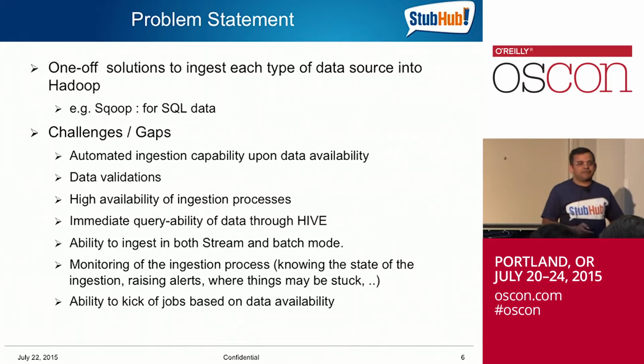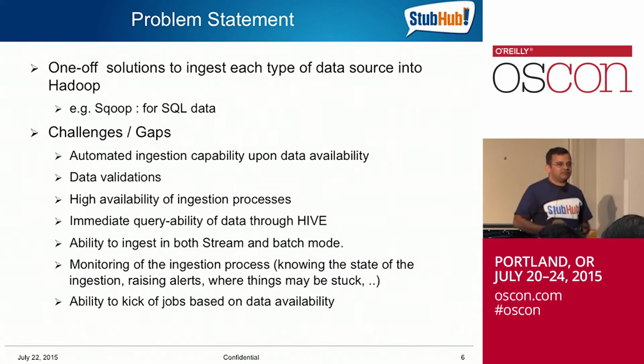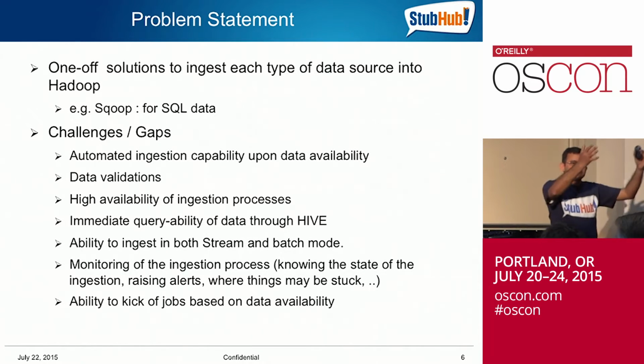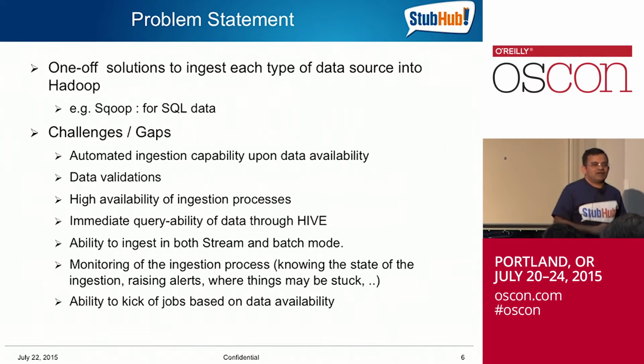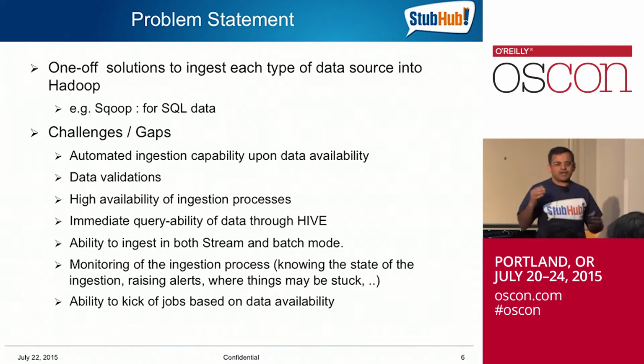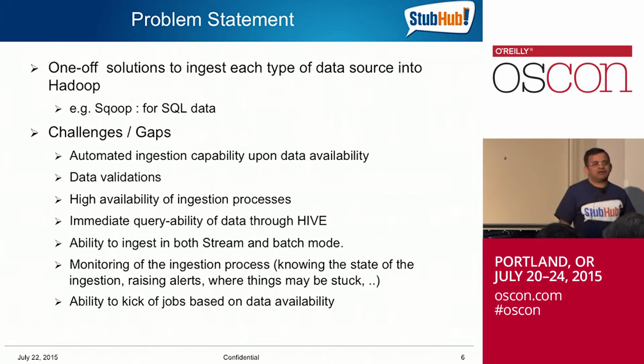And then lastly, one thing I want to talk about is the ability to kick off your applications and jobs when the data arrives. A lot of the time you have cron jobs, and sometimes Oozie processes and whatnot, where you can express that when this data arrives, kick off my application. But what if the data never arrives? You might have a cron job that says run my job at 9 o'clock. What if the data is not available at 9 o'clock? What do you do? How do you express it, instead of saying run my application at 9 o'clock, as when the data arrives, run my application?